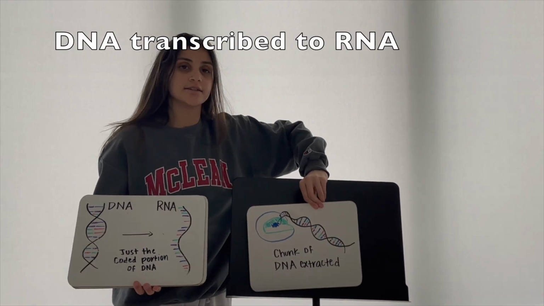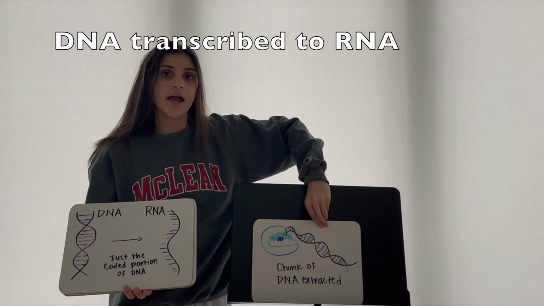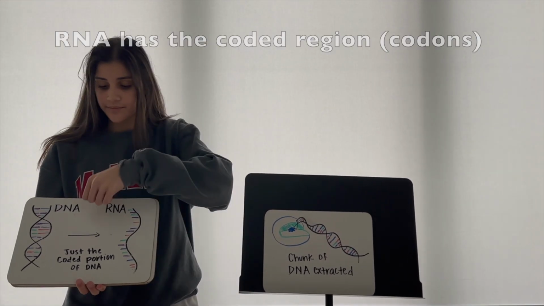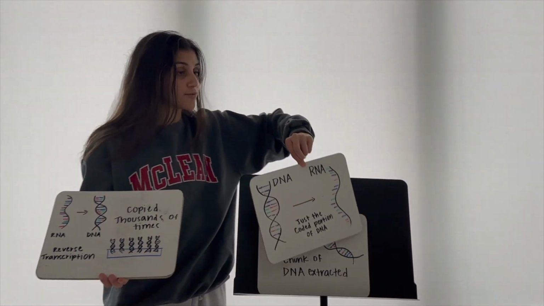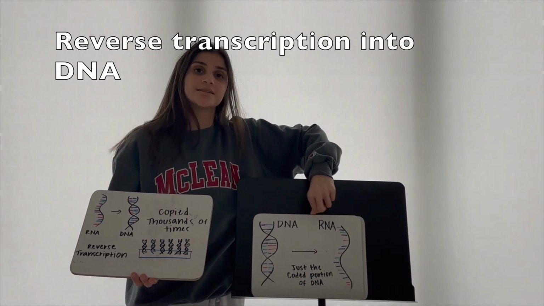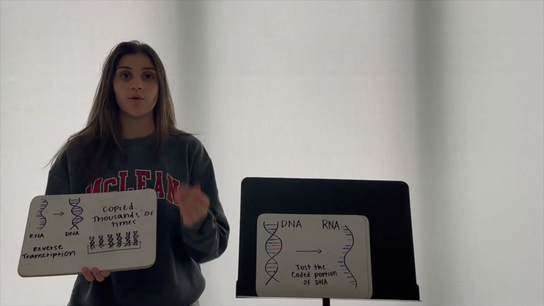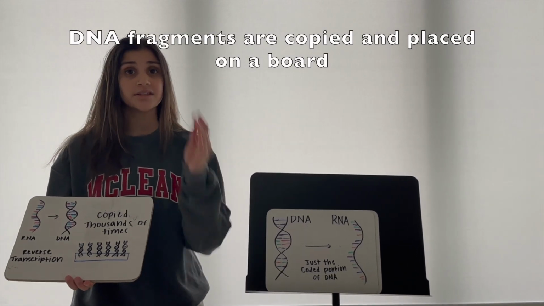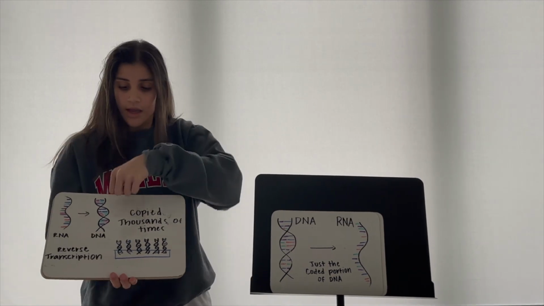The DNA is then transcribed into RNA because the RNA contains the coded region which we can isolate for use. The RNA is then reverse transcribed back into DNA because DNA is what the machine will read. The fragments of DNA are copied thousands of times and placed standing upright on a board, and they're ready to